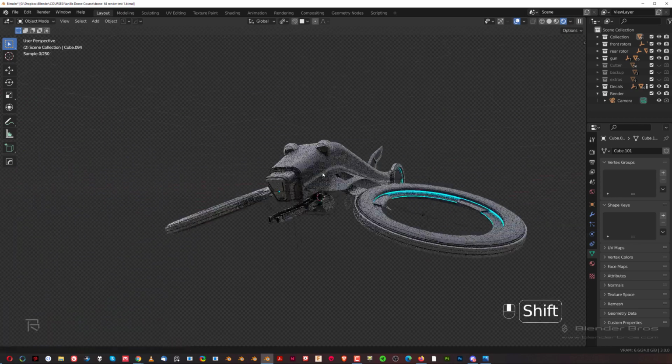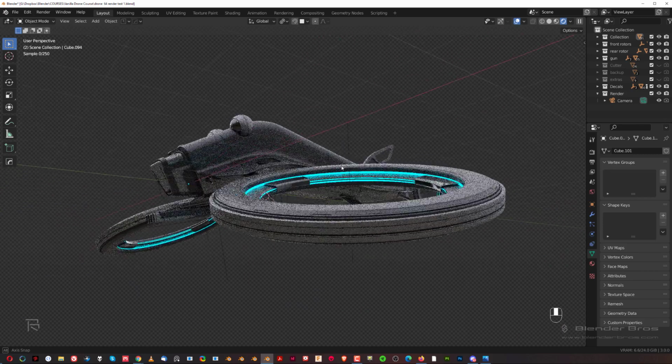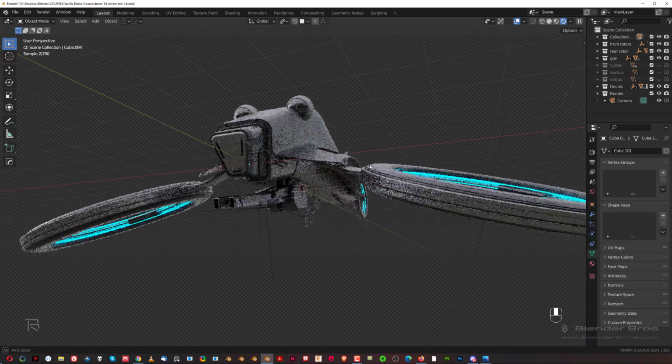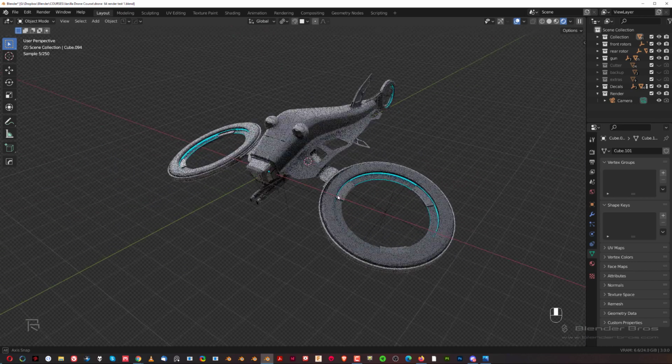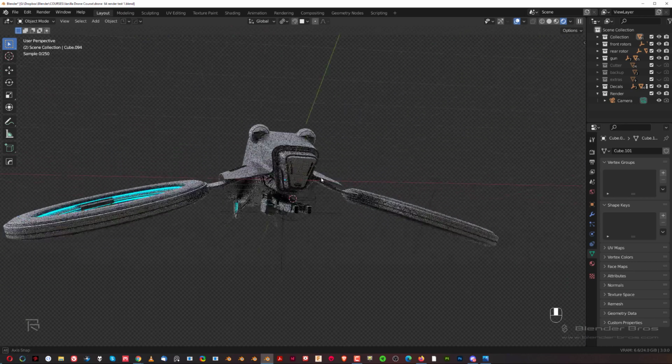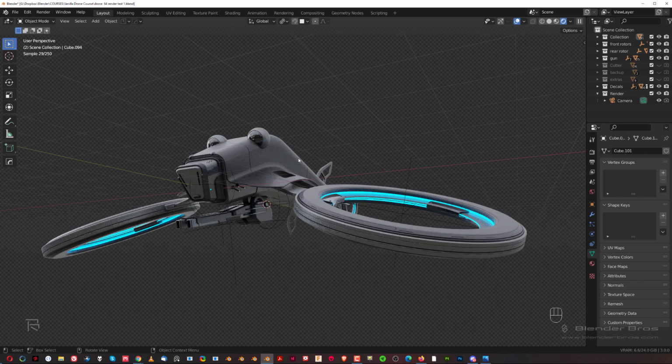Our eyes see at about 50 mil magnification. So this will be very natural for us to look at this drone in real life. That's how it would look. This is also why a lot of street photography is done in 50 mil, because it simply looks very natural. So now by extending the focal length to slightly higher, if I go to the N panel, you can by the way do it in here as well,